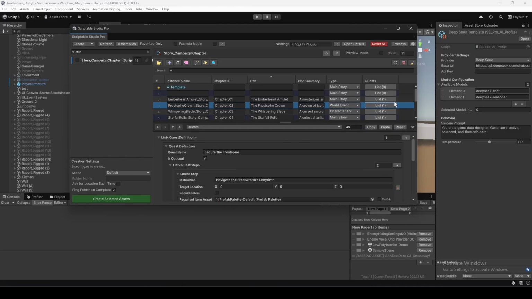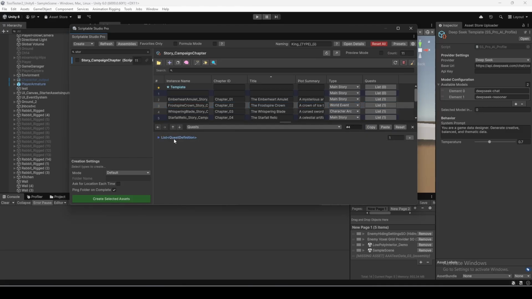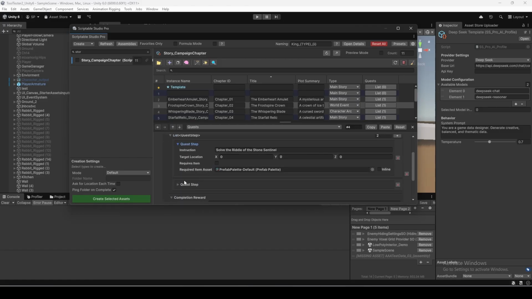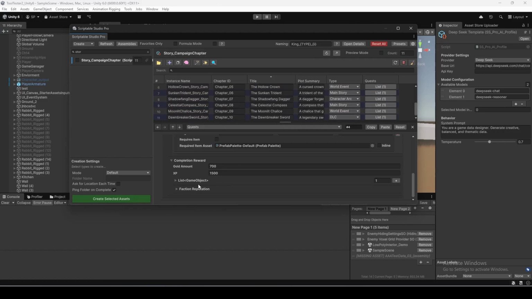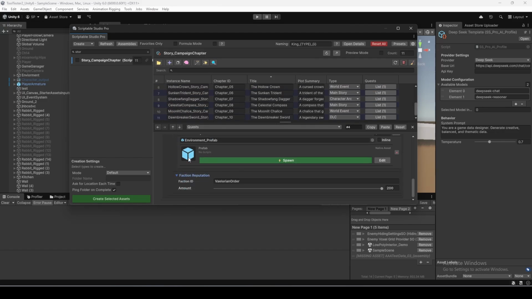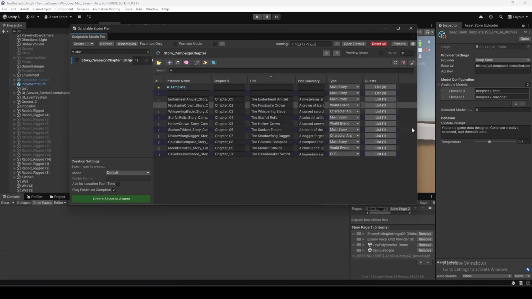Okay, let's see. You can see what it made. Okay, and this is quite good. It made exactly 10 assets. You can see everything is good. Okay, so let's